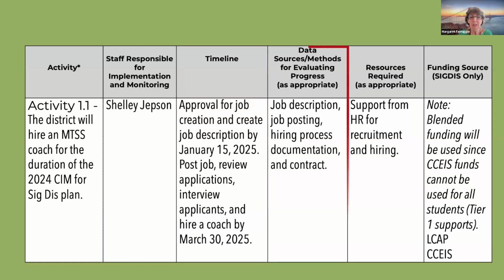In the data column, indicate how this activity will be measured, or in this case, accomplished. Identify the documents related to the hiring process. For example, the job description, evidence of the position being posted, a contract for the MTSS coach. These documents will later be linked into your progress reports as evidence of implementation. In this example, the main resource for this activity is coordination with the Human Resources Department to help with the